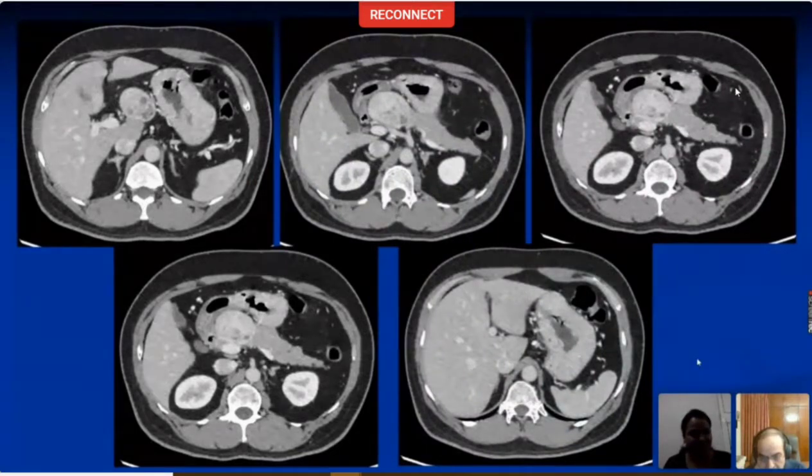Sir, carcinoid? No, not carcinoid. Carcinoid can occur in the pancreas, but is very rare. We would think of a gastrinoma. When you have a hypervascular lesion which looks like a neuroendocrine tumor of the pancreas, and you have a thick-walled stomach, patient coming with pain abdomen and diarrhea, you've got to think of a gastrinoma.